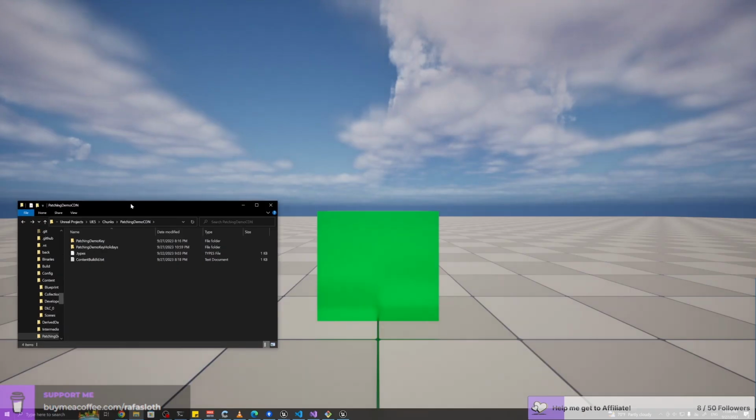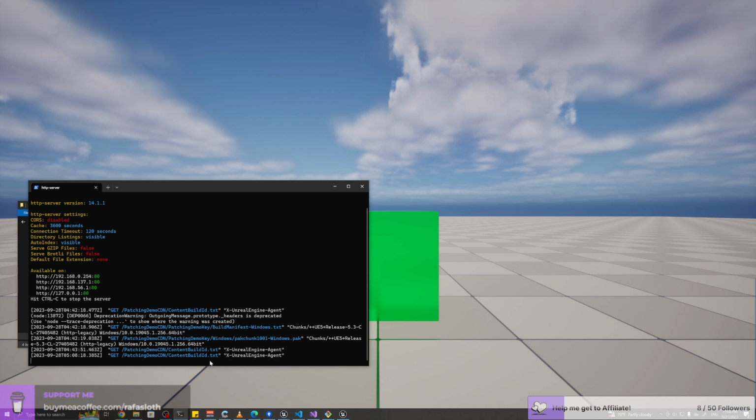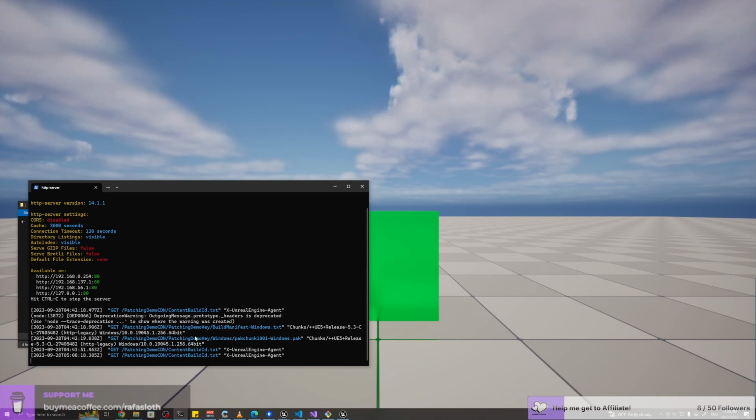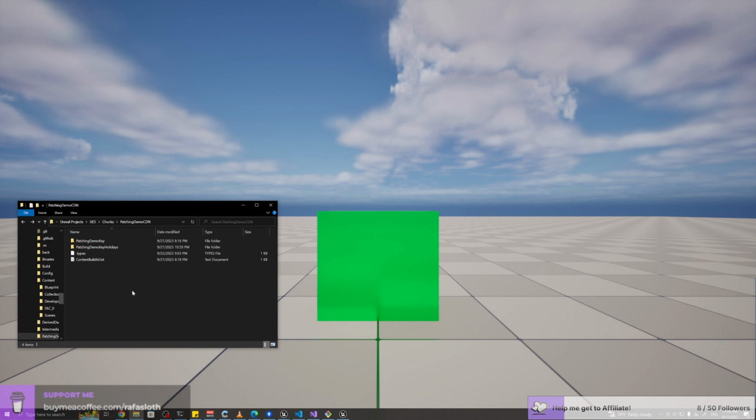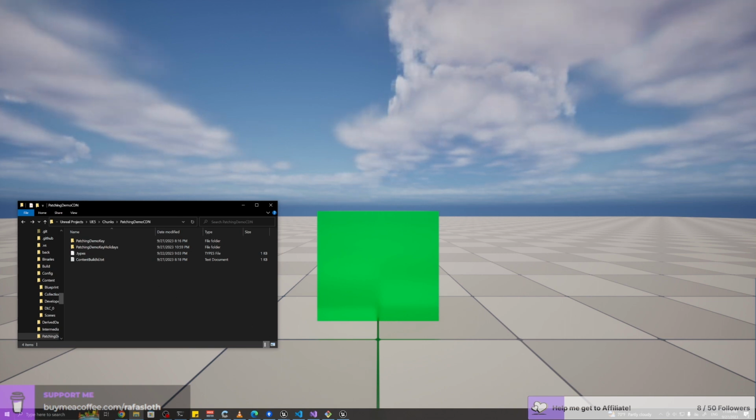Okay, so the game is pointing to this file in my web server. We can see it just now did another request to the file, and it's reading the name of this folder from this file.